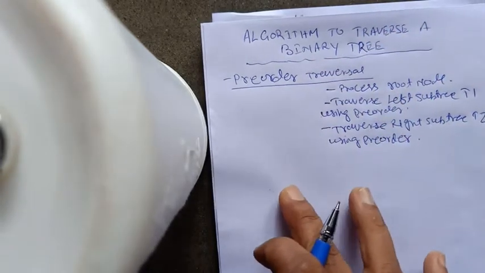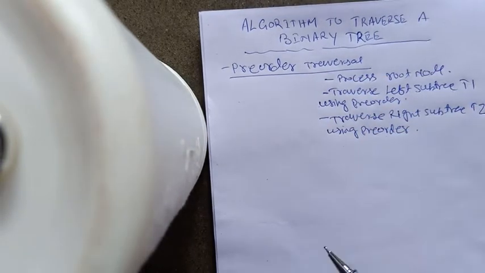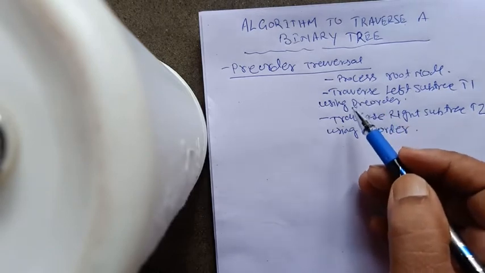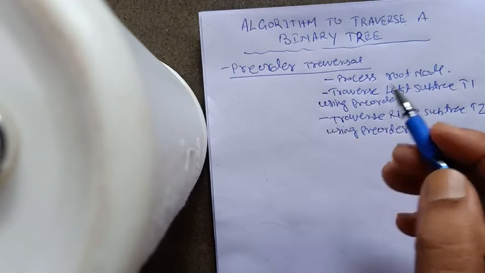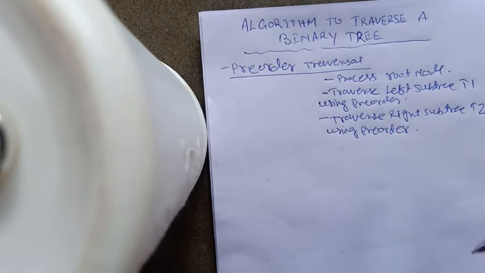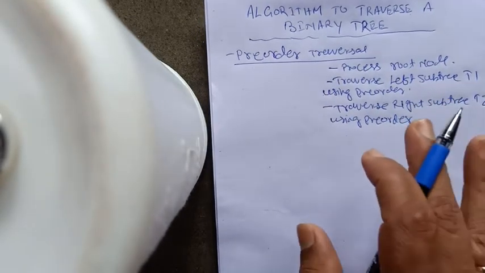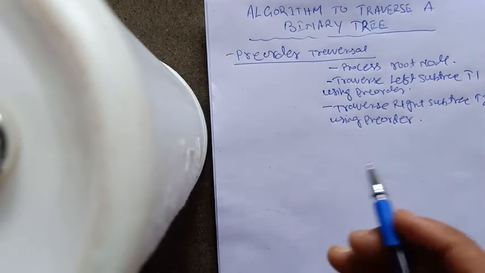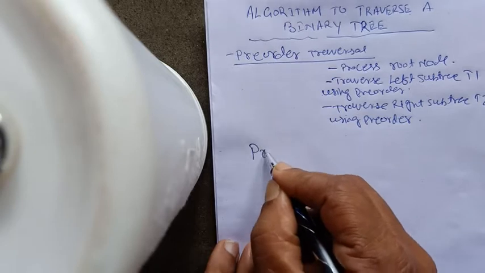So now we will see the algorithm. Now, since in a traversing method, to traverse the entire tree, we need to traverse the left subtree and right subtree of the root node, therefore traversing pre-order involves the pre-order traversal again. So that is a recursive process. So we will see how recursively the algorithm can be written. Okay, so now the name of the algorithm is pre-order.